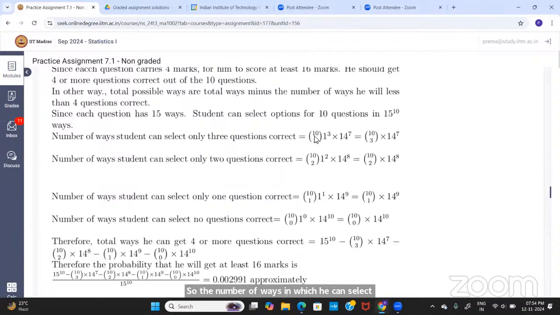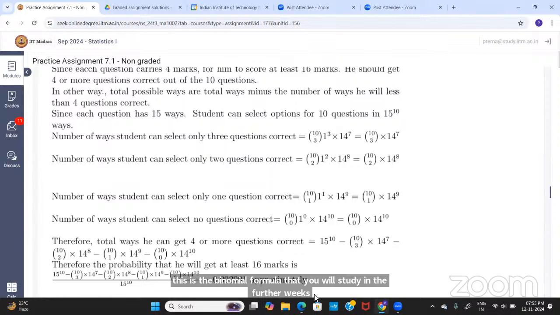So here they have written the number of ways. If you divide by 15, then directly it will give you the probability. So it is the selection of the question times the probability of each question. Actually, this is the binomial formula that you will study in the further weeks. If you're not getting it right now,